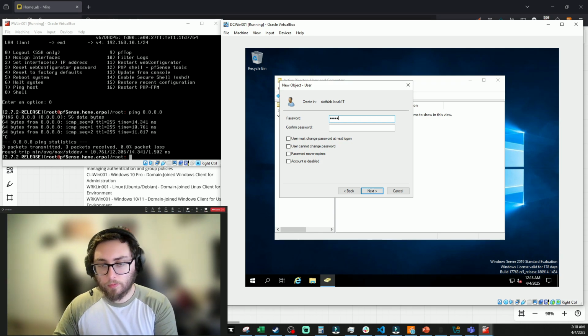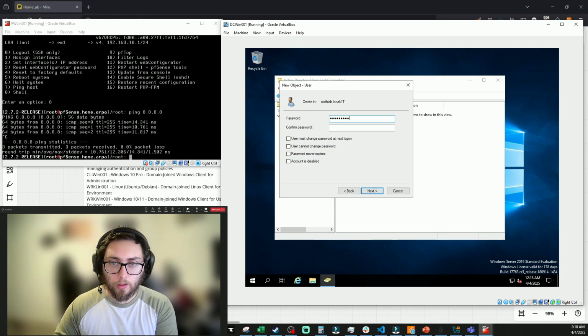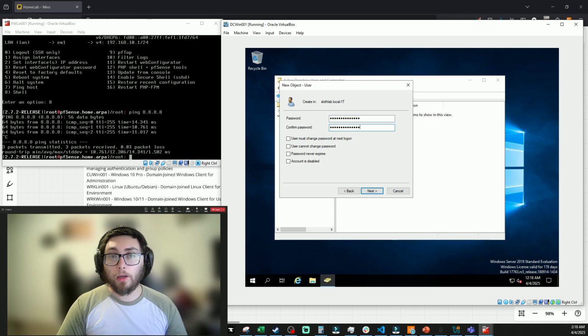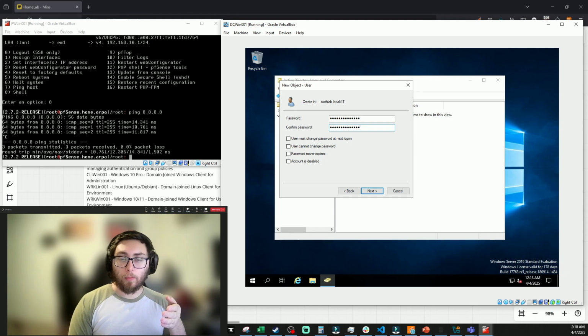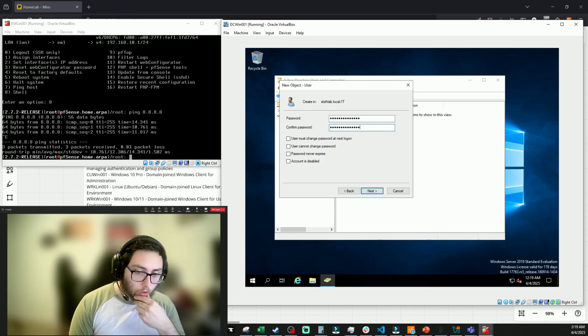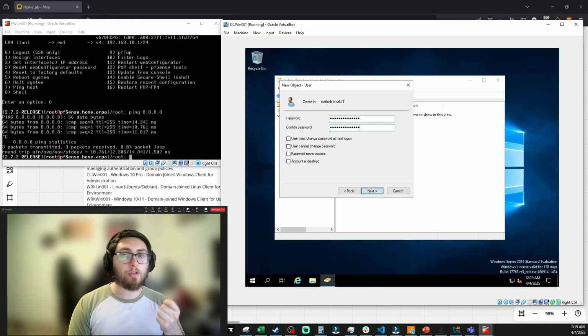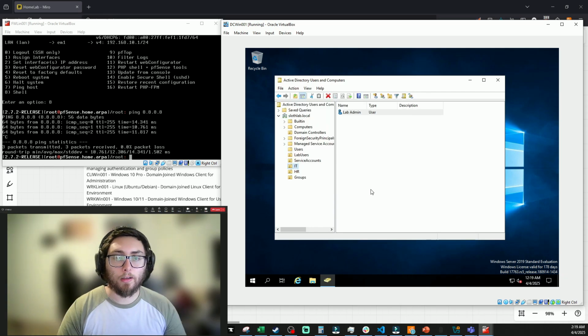So I'm just going to probably give this sloth password 1. Another reason why we're doing this is because later on, whenever we use our Kali Linux box to attack our environment and we crack the password, we're going to want to see what the password is. Because in real life environments, you're going to have your admins have a severely different password than your typical users. So go ahead and click finish, and now we can see that the IT OU now has lab admin as a